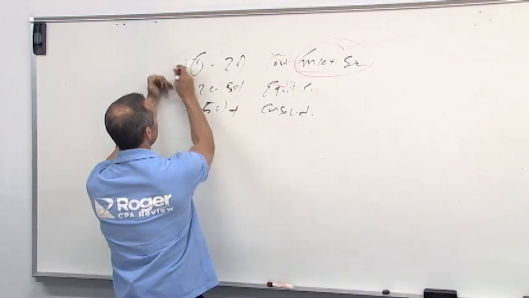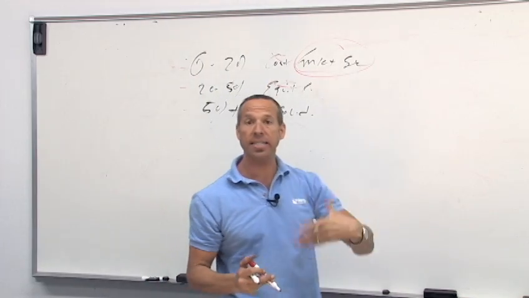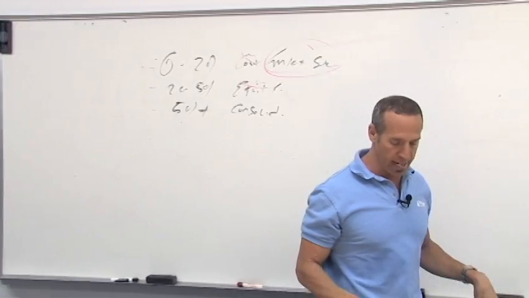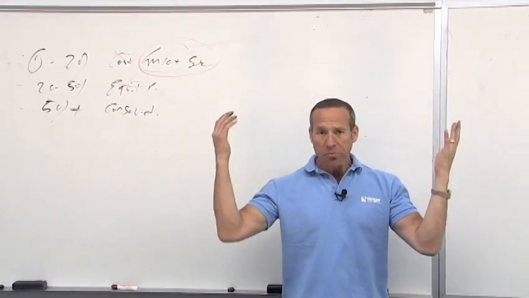What it says is we own 0 to 20%. However, it does have a market value. In other words, it's traded on a national exchange, for example. Let's say, for example, I own